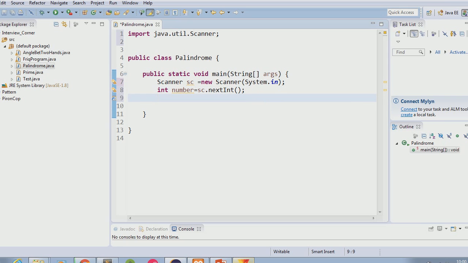So I am going to implement the reversing logic now. I am going to put this number in another variable called temp, just because I don't want any modification in my original number.